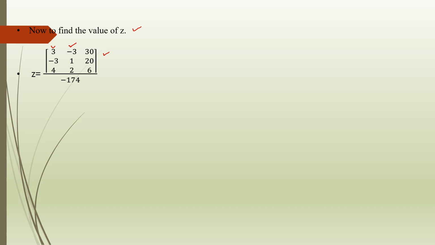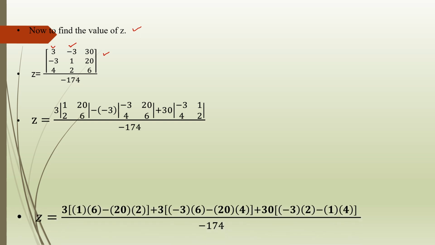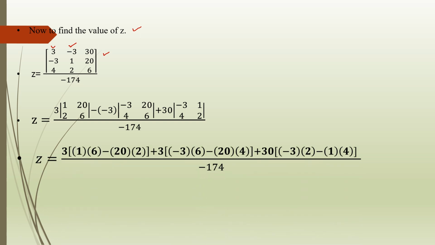The third column will be replaced by matrix B. So after finding the determinant of the above matrix and then dividing by minus 174,